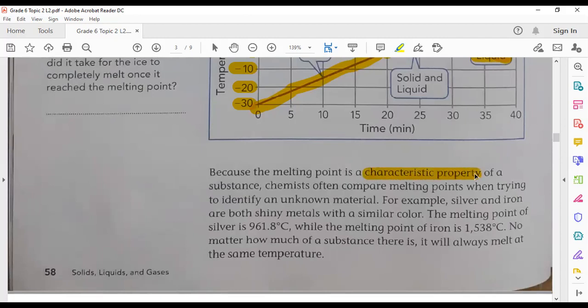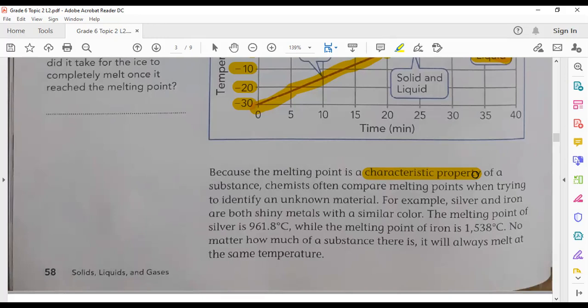What does it mean, characteristic property? To understand what a characteristic property is, that means this property does not change. You can identify any pure substance by its melting point. Characteristic property means it never changes, no matter how much of the matter you have. I mean, the melting point of water or of ice is 0. If you have a small cube or a big cube,